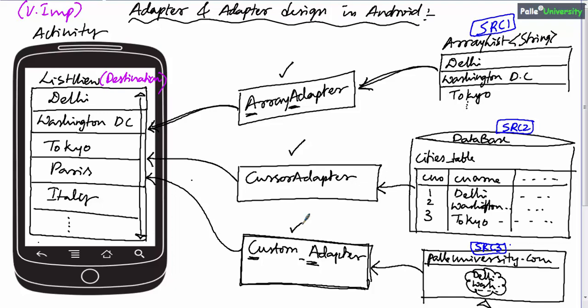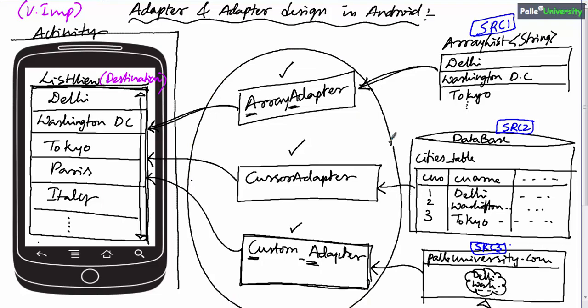Now, there is a high chance that you will get confused between adapter views and adapters. Remember, adapter views are visible components, which means when you run the application, only this portion of the screen is visible to user. User can see only adapter view. In this example, list view is an example of adapter view. Whereas adapters are invisible components which user cannot see. That means when you run the application, user doesn't know anything about adapters.